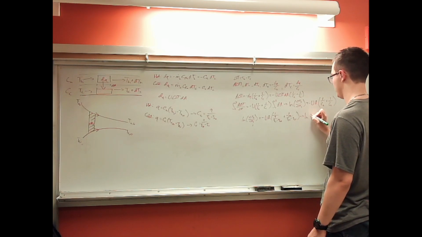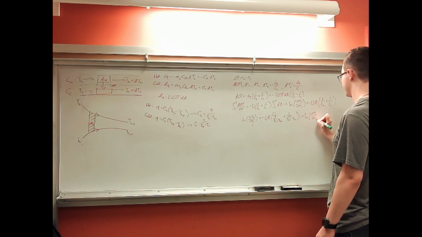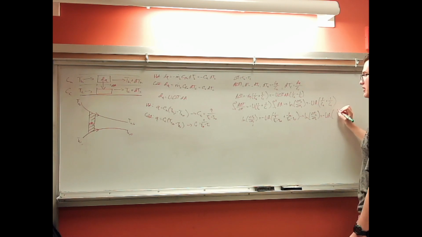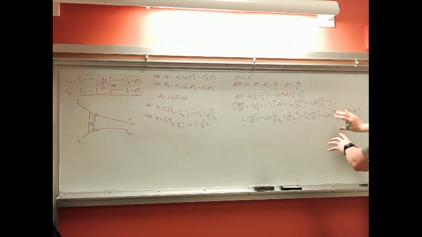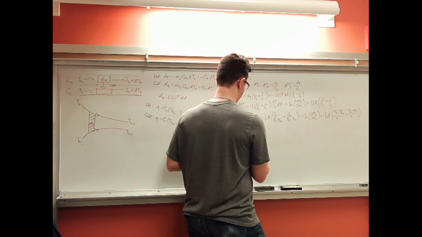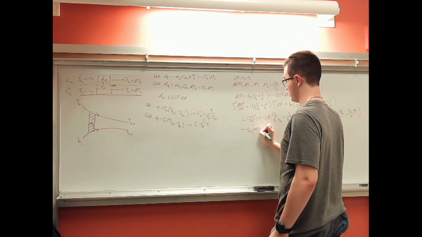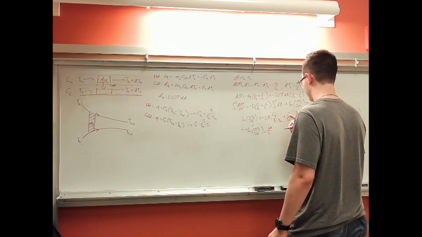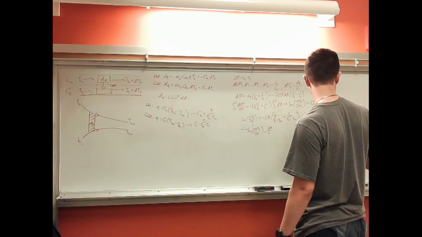Which then goes to the natural log of the difference in temperatures at state 2 divided by the difference in temperatures at state 1 is equal to the negative heat transfer coefficient multiplied by the area multiplied by THI minus THO divided by Q plus TCO minus TCI divided by Q. We can combine these two and then also flip them around, maneuver them to get rid of this negative, to say that natural log of delta T2 over delta T1 is equal to UA over Q multiplied by